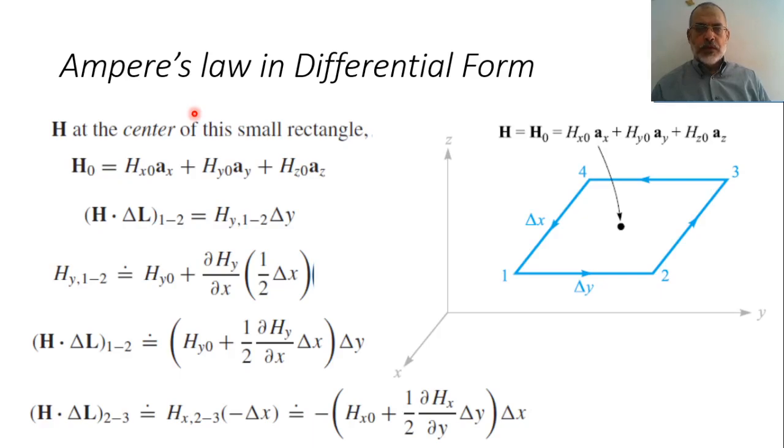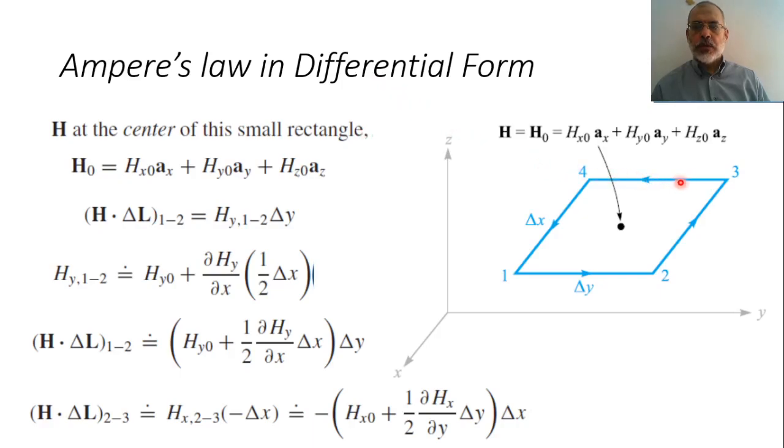Ampere's law in differential form. We have already studied Ampere's law in its integral form, and we said that the integration of the magnetic field over a closed loop equals the current passing through this closed loop. So to obtain the equivalent Ampere's law in differential form,